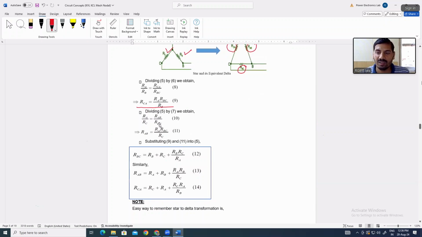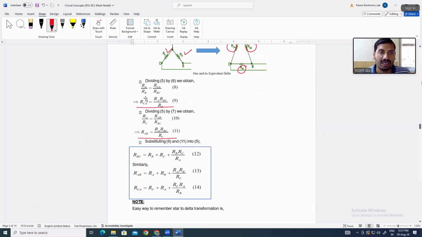ओके, सो वी विल राइट फॉर RAB is equal to RA RBC divided by RC, इक्वेशन नंबर 11। ओके, अब RCA हमारे पास है, RAB है। अब क्या करेंगे कि we will substitute these values of equation number 9 and 11 into 5। ओके, ये 9 और 11 के वैल्यूज को हम 5 में अगर सब्स्टिट्यूट करेंगे,